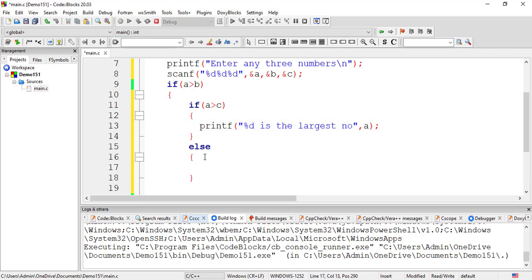But now this time, because this statement is false, ये A greater than C गलत होगा. When A greater than C is wrong, the meaning is that the largest number lies inside the C. So ये एक तो हमने ख़त्म कर दिया इधर, right?